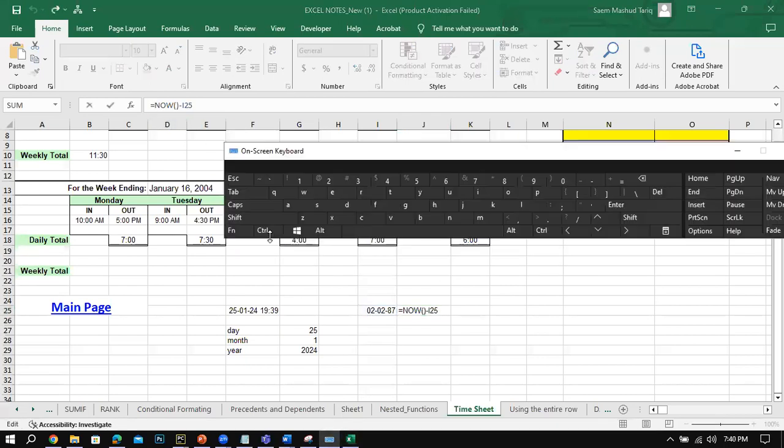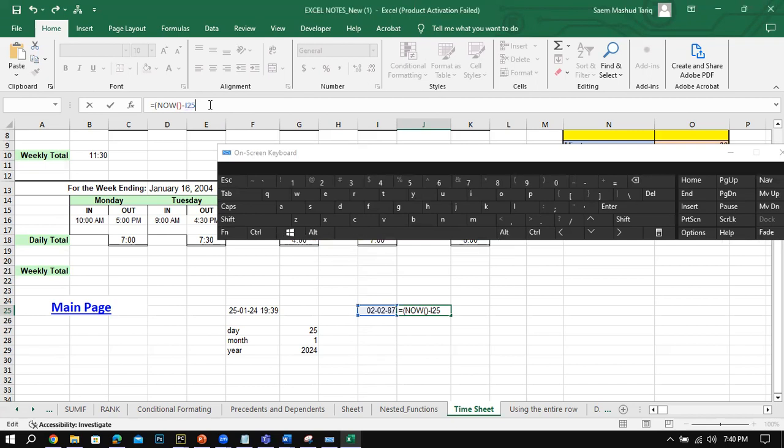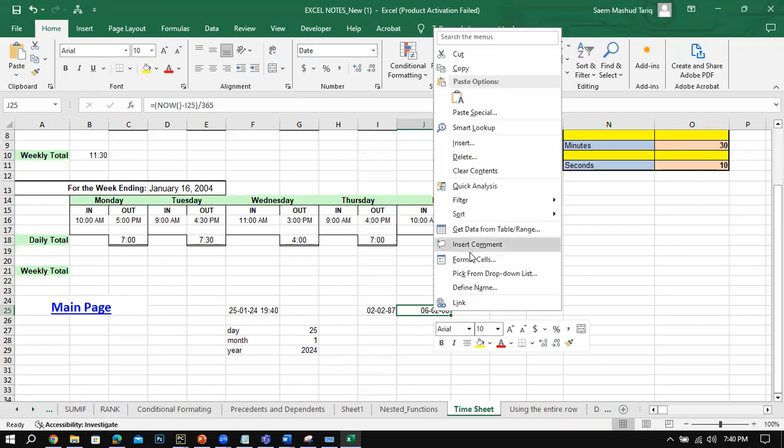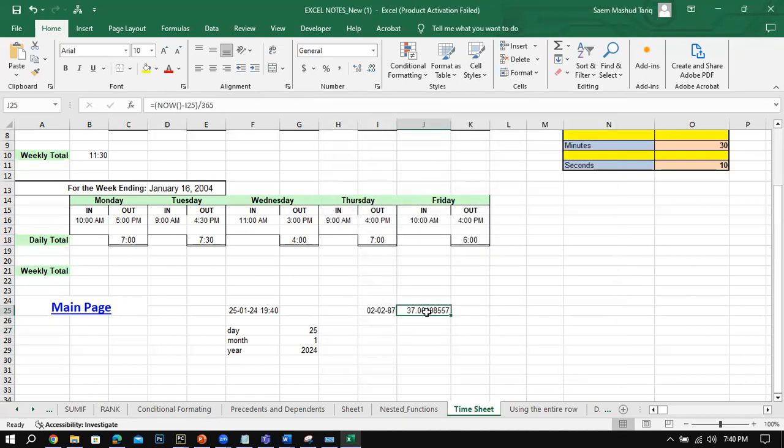So what do I do now? The simple maths का rule. We put these brackets. ये ब्रैकेट डालो. And then what do we do? We divide it by 365. What do we get? Okay, एक्चुअली मैंने ख्याल से मैंने दोबारा उसको फॉर्मेट गलत कर दिया. What do we get? 37 is the year. So this my now